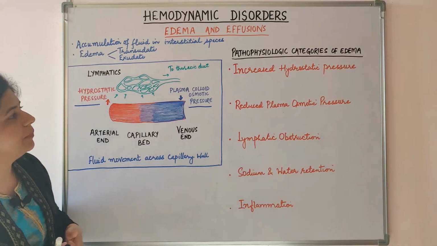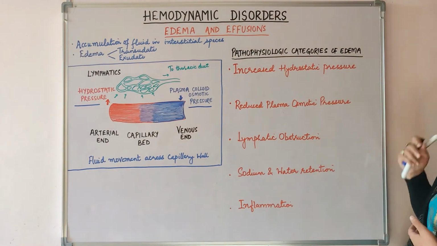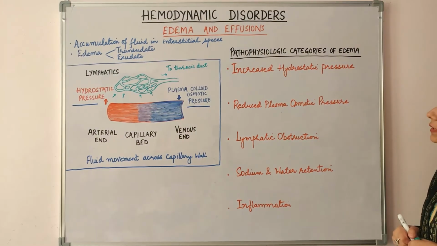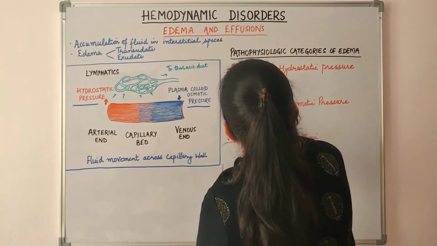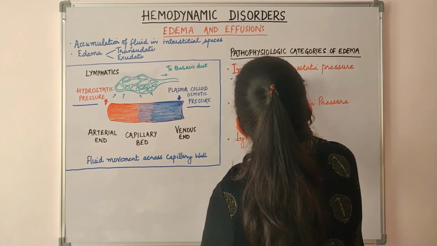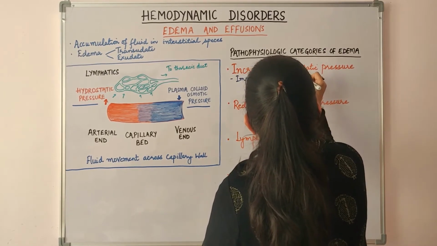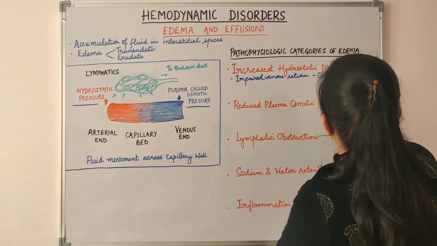Now let us take up the examples or the causes in the individual category one by one. So increased hydrostatic pressure can be due to impaired venous return, and the important causes are congestive heart failure,